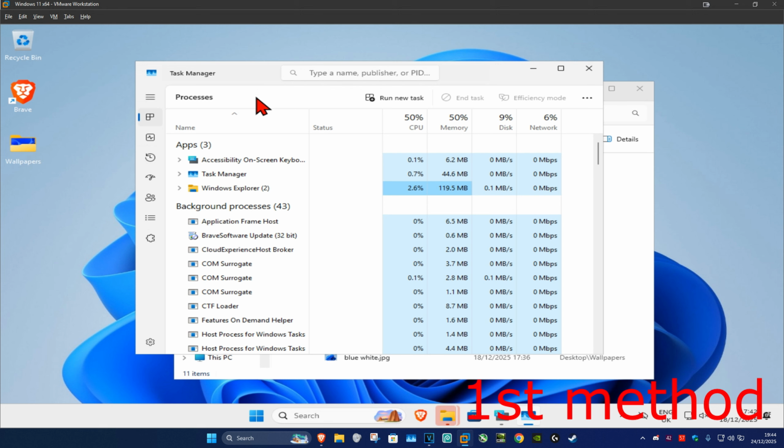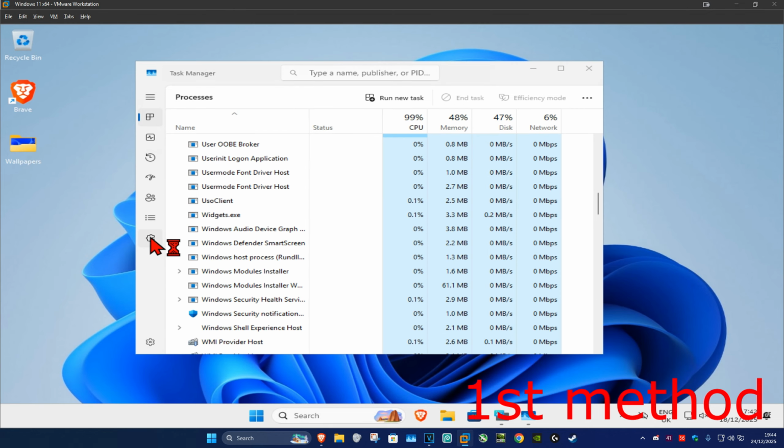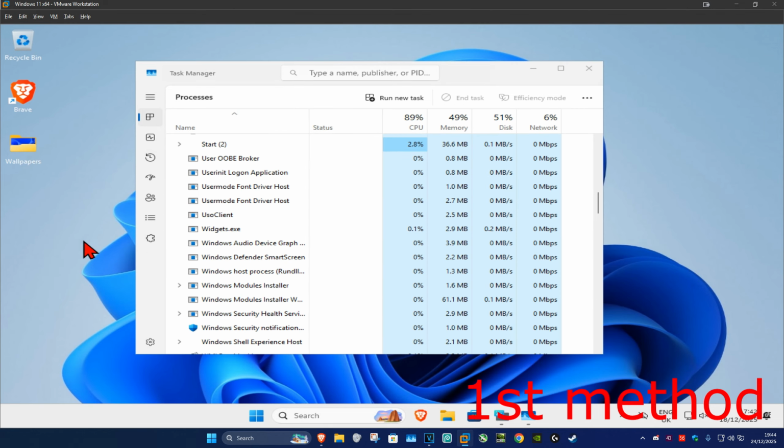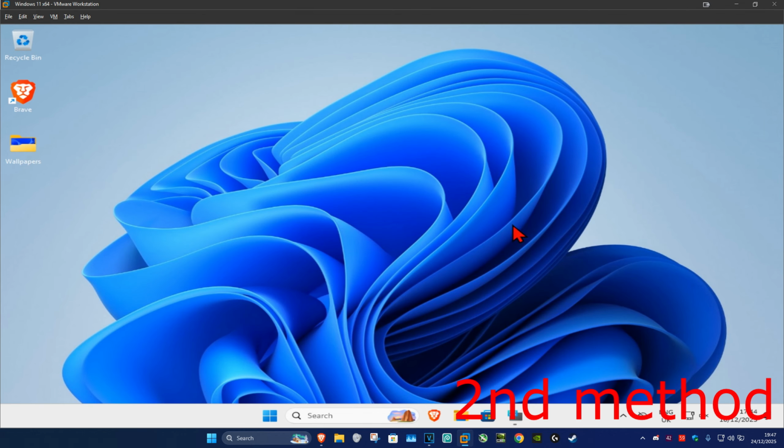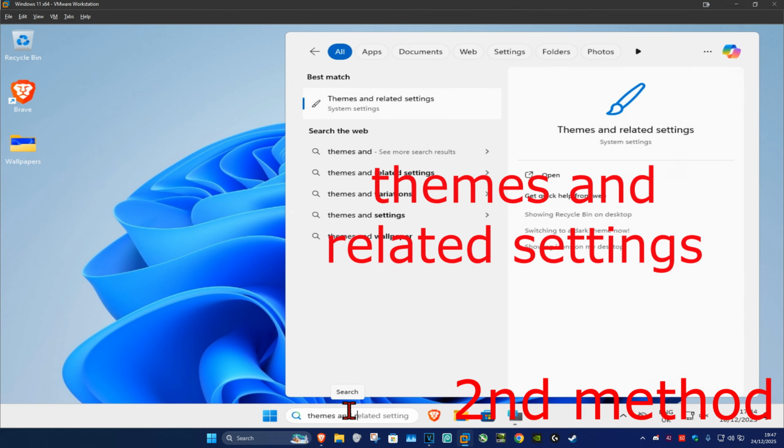And you should now be seeing Windows Explorer appear on this list. You want to click on it and then click on Restart Task. Your screen is going to go black and then it's going to return like this. See if that works. For the second method, you want to go to search and type in themes and related